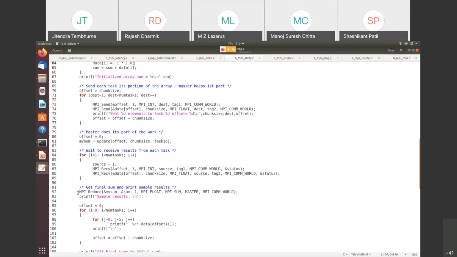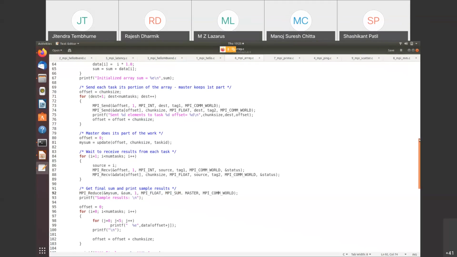Then we are making use of one procedure which is called MPI underscore reduce. So what MPI underscore reduce will do is, whatever output has been generated based on this particular variable and the sum variable, it will combine them and that will be the final result. So MPI float, MPI sum, this is the operation name, MPI sum, that has to be done by the master under the communication environment. Okay, and at last,